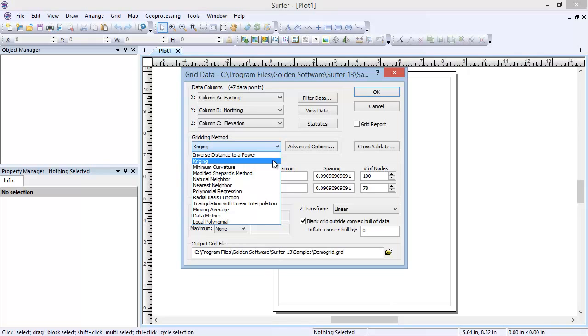However, it is not an exact interpolator and can extrapolate grid values beyond your data's original Z range. For example, if your data goes from 0 to 100, the Z range of your grid file may be 5 to 105. If you wish to use a more exact interpolator that does not extrapolate Z values beyond the range of data, you can try inverse distance to a power, natural neighbor, nearest neighbor, or triangulation with linear interpolation gridding